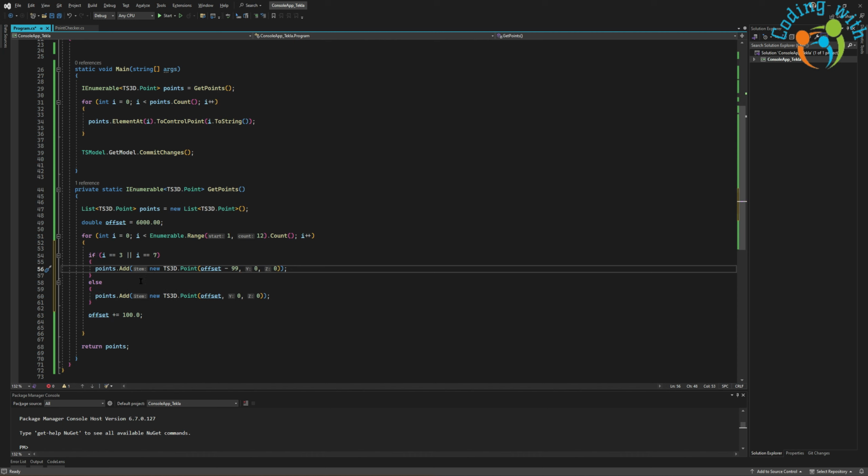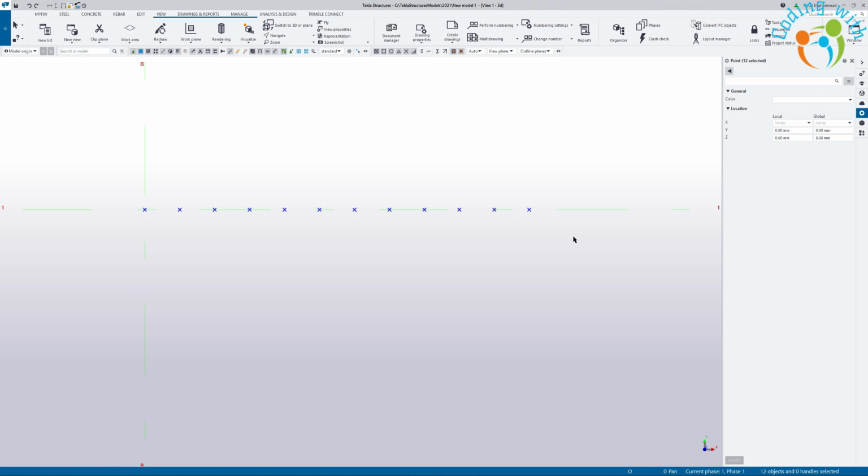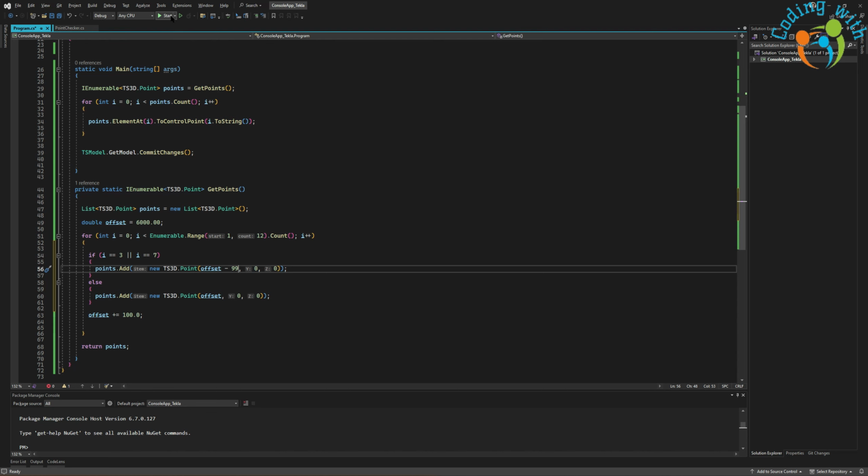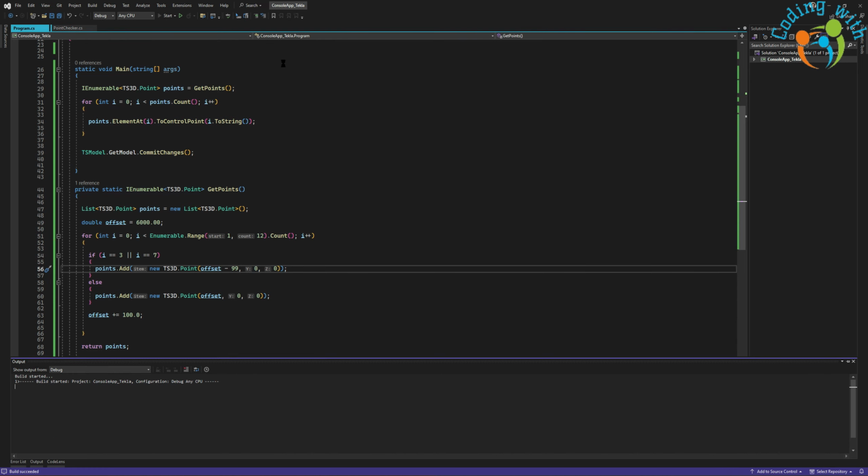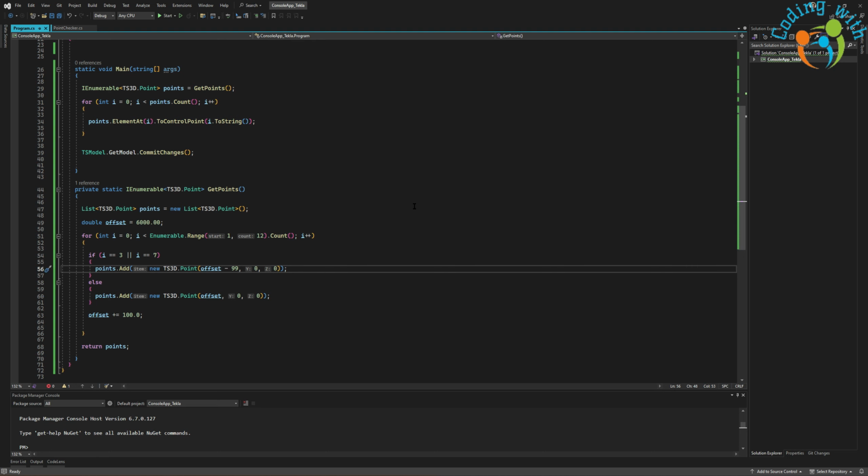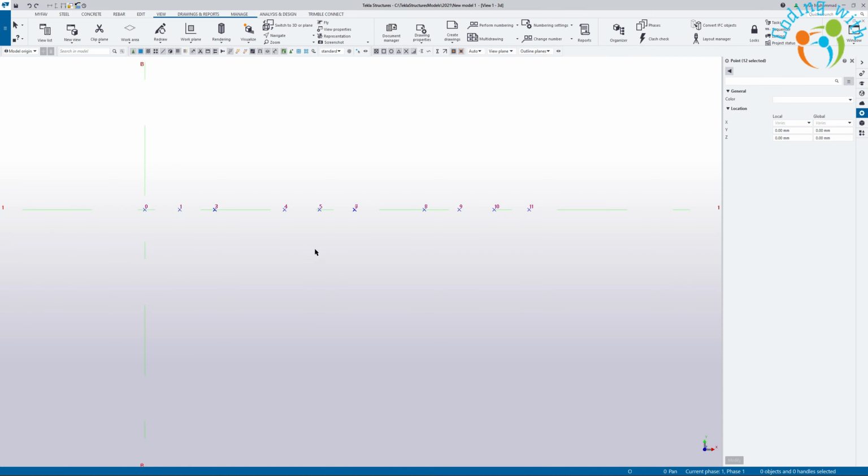It will add a point that is just 1 millimeter away from the previous point. If I clean this, delete these points from the model and run,